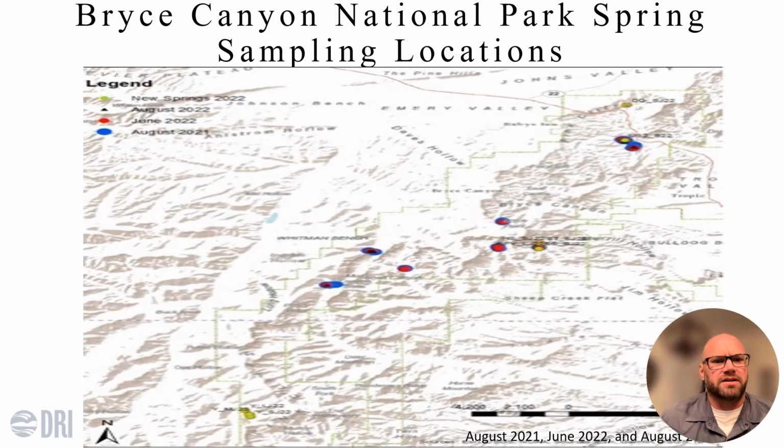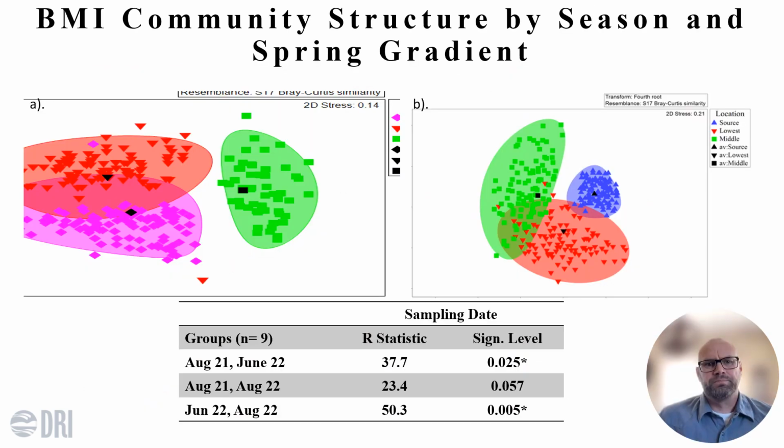Here is a map of our sampling locations in August 2021, June 2022, and August 2022. Our locations range from the southern end of the park all the way to the northern end of the park and included multiple elevation and gradient changes. One of the first questions we wanted to look at based off of the monsoon season that we had in 2021 and what the potential impacts were to the BMI communities is we wanted to look at the community structure